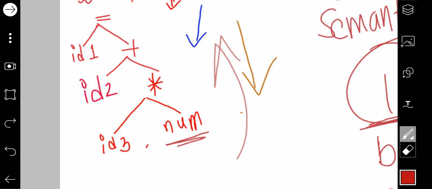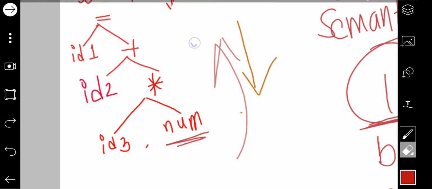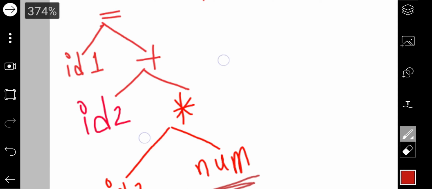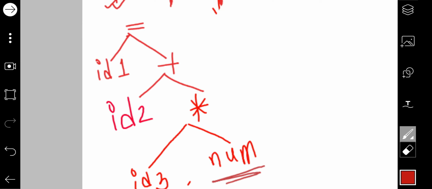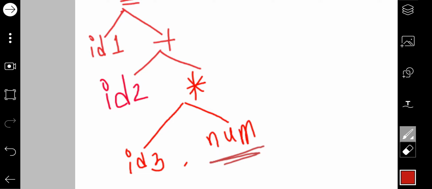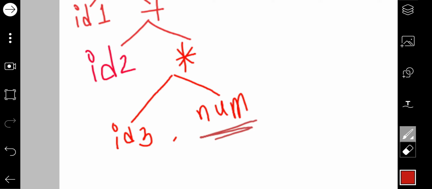Okay, same as the earlier tree: equal, id 1, then plus, which has id 2, then multiply, which is between id 3 and a number.